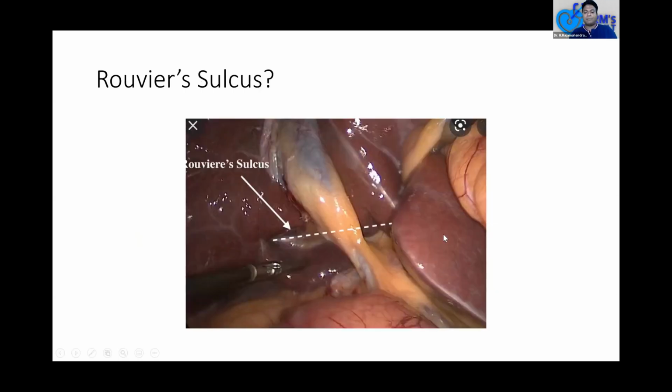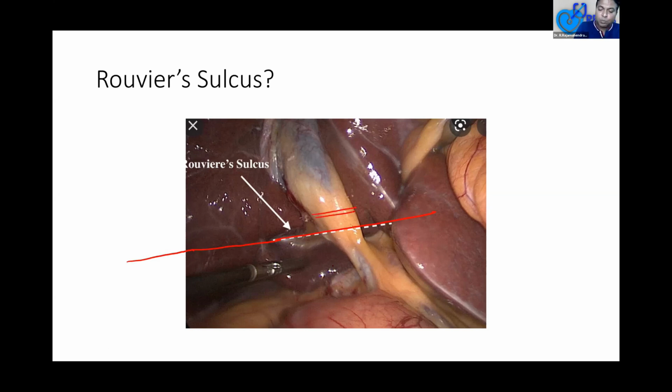So another important anatomy, as this is not important for MBBS students and PG aspirants, but this is a classical important line when you are doing practically laparoscopic cholecystectomy. The moment you put a port and you pull the gallbladder, push the gallbladder towards the fundus, you can see one sulcus here. This is a very, very important sulcus. This is the inferior most point. I should not go below this point. While I'm doing surgery, I should always stop my dissections, everything above.